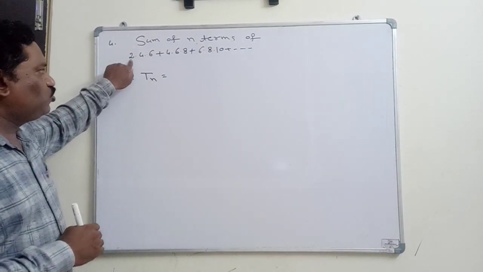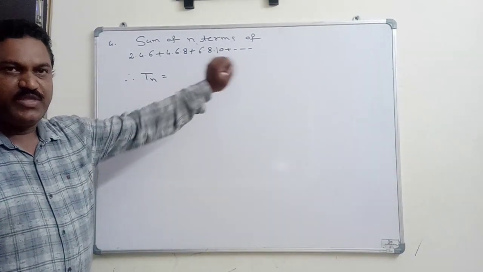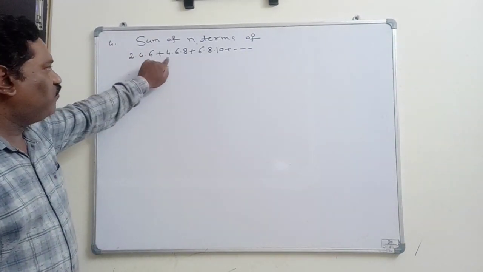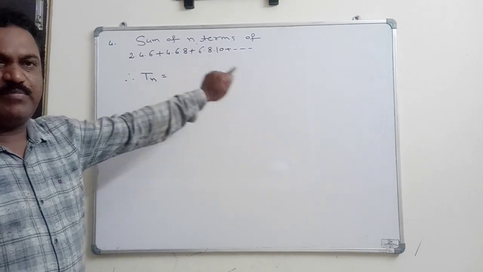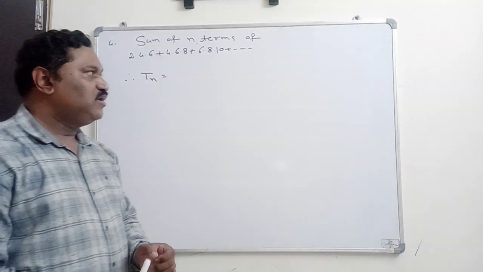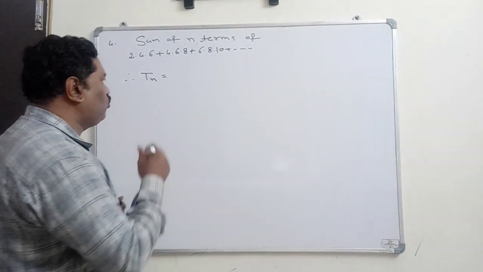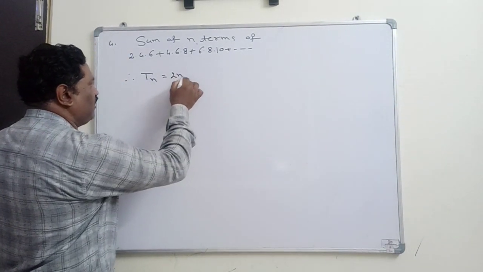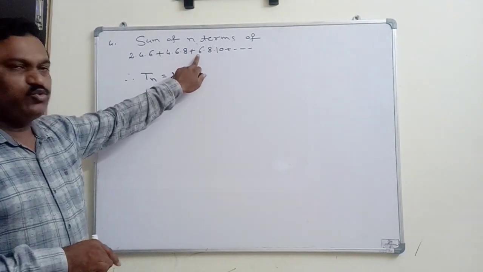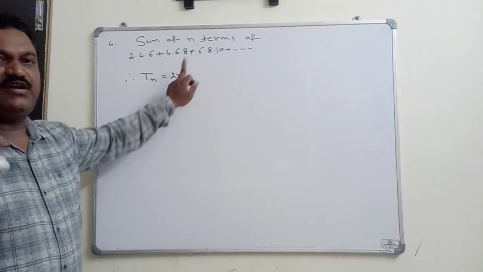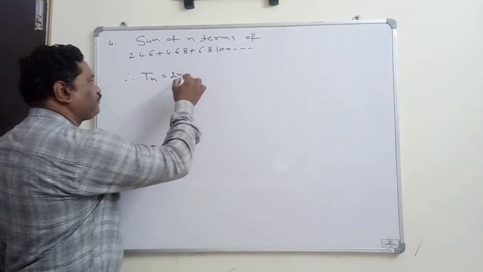Here first term is 2, here first term is 4, here first term is 6, etc. If you observe that is 2, 4, 6 and so on, all these are going to represent the even numbers. Already I told you that in any even number series, the nth even number will get the 2n. Means here 2 I get the 2 into 1, here 4 I get the 2 into 2, this is 2 into 3, therefore nth term will get the 2 into n. That is the first term of the nth term into.